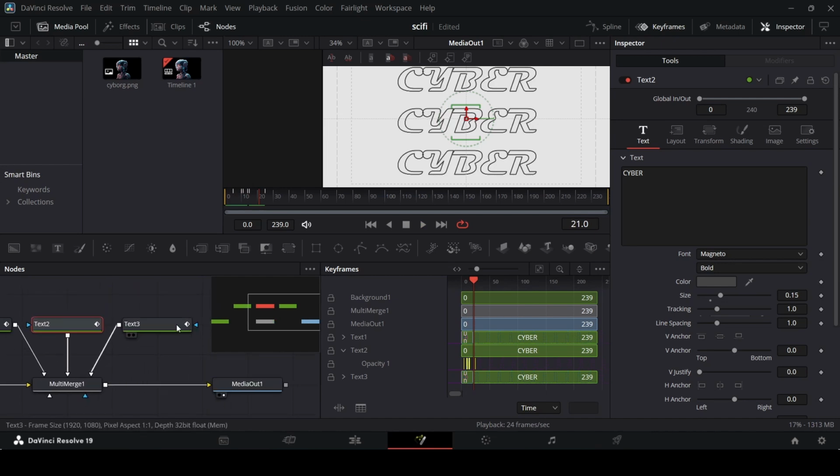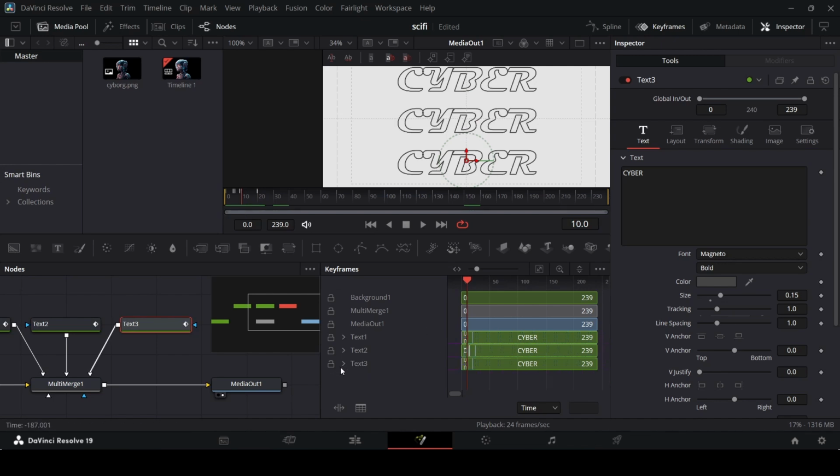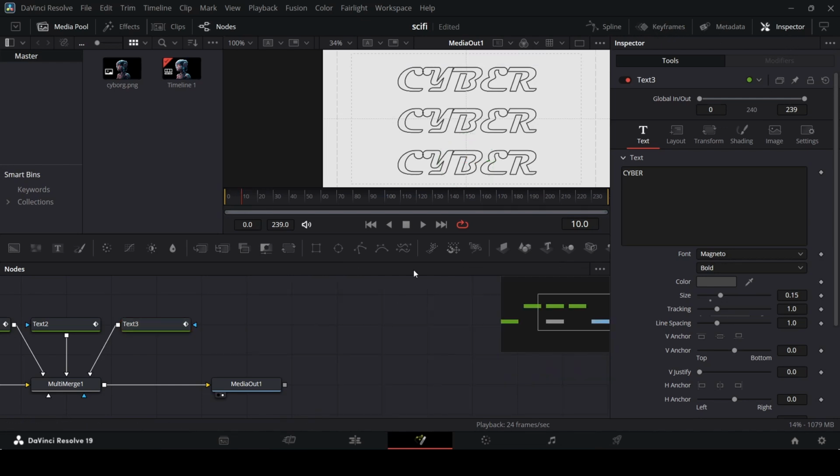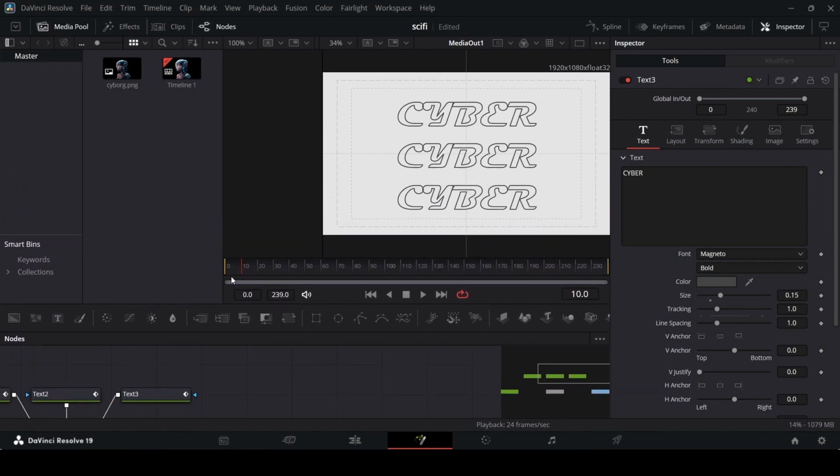Now let's do the same thing for text 3, and this time we're going to move this at 10. So let's do that. Let's go over to text 3 and select all of these, move these forward at 10. So right here we have this done, and now if we see all of this together,